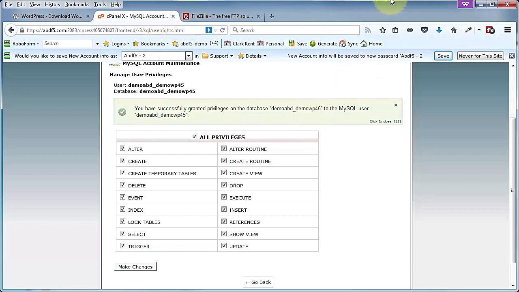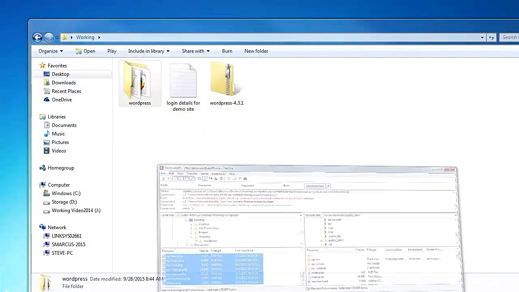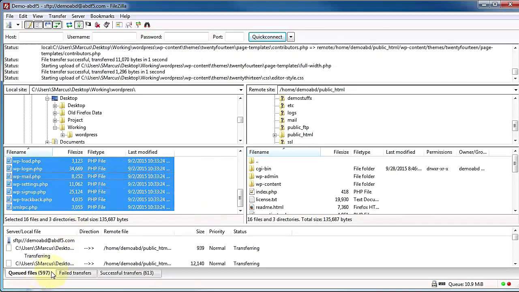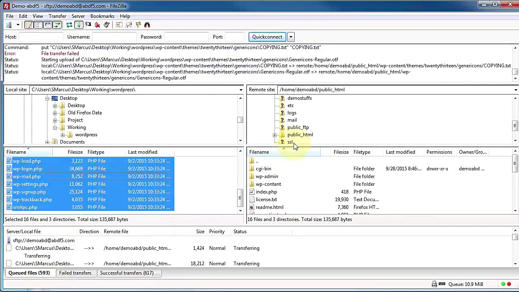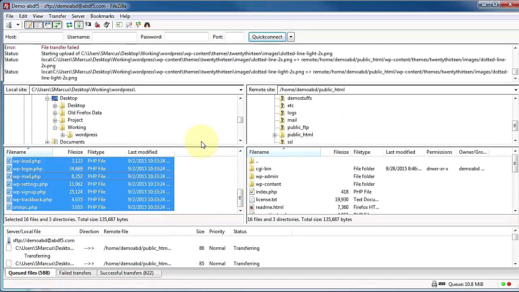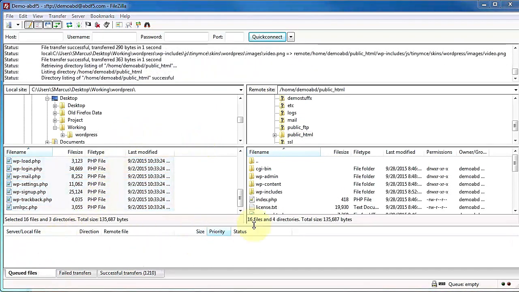So get this guy out of the way here. Let's bring back FileZilla, see how our upload's going. We're a little more than halfway done, but through the magic of video editing, this will only take another second. And we're finished. So now that we are done with FileZilla, let's go ahead and open up our browser,